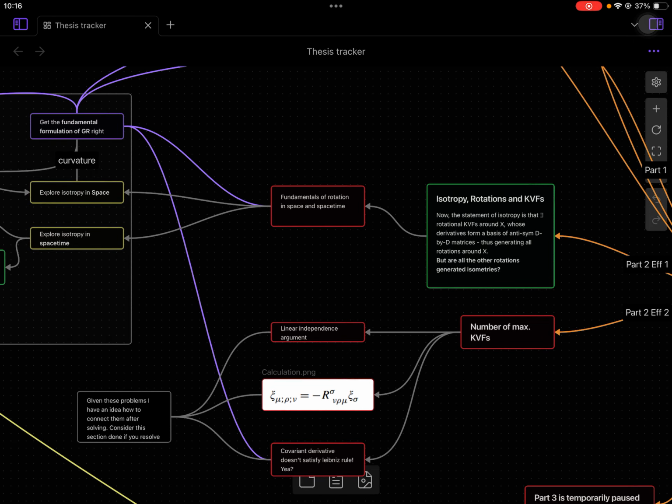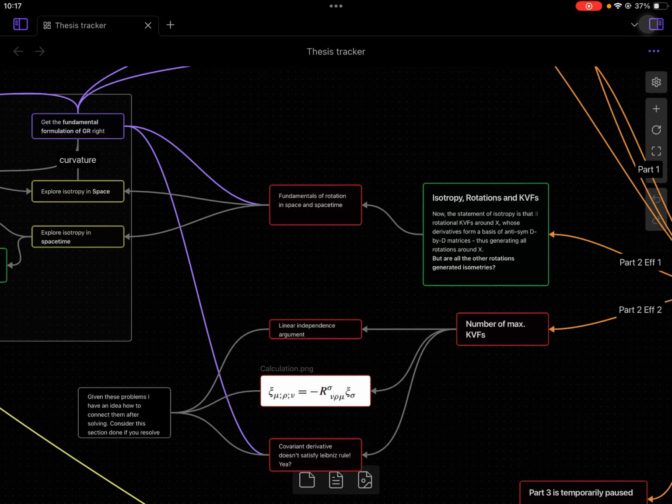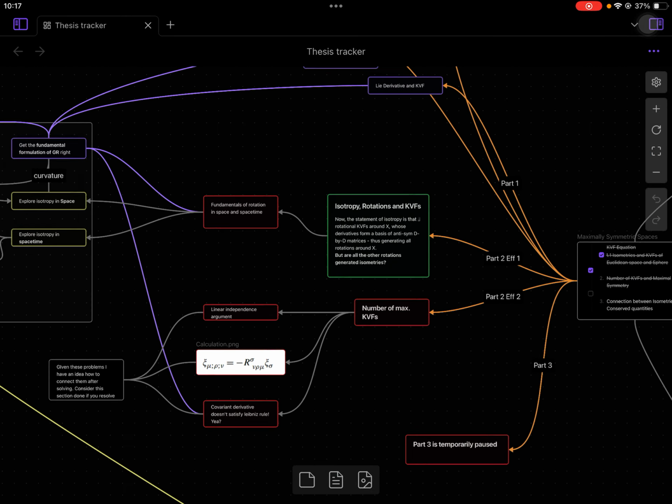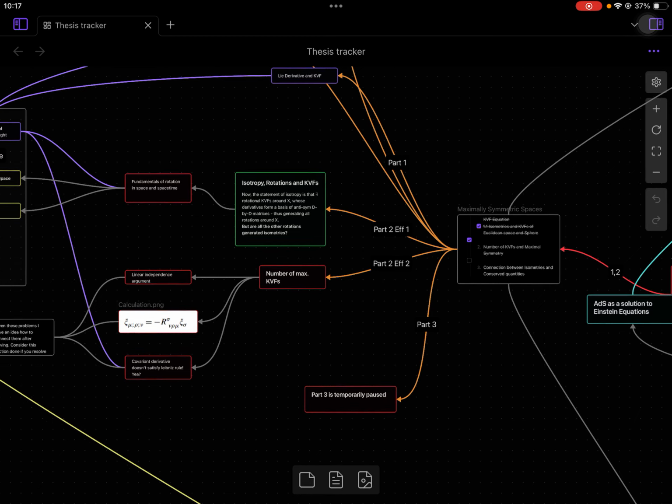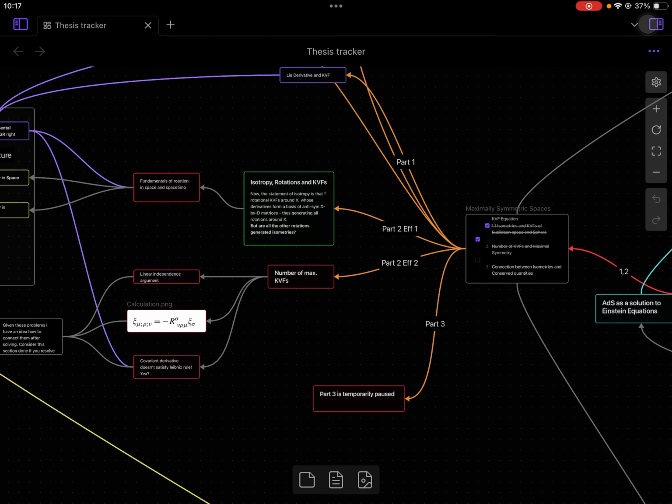Rotations preserve the Euclidean metric, and rotations in space time are nothing special. They are just Lorentz transformations in space time, preserving the Lorentzian metric or PQ signature metric, whatever. And then that was the second part of maximally symmetric spaces that I talked about. Sorry, that is the first part. Second part is what? Sorry, there is CR still in the second part.